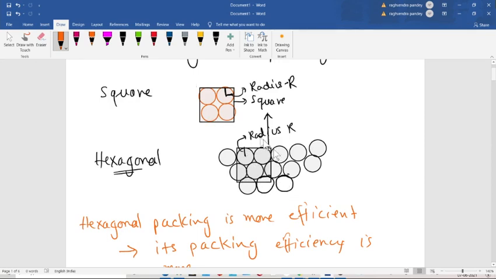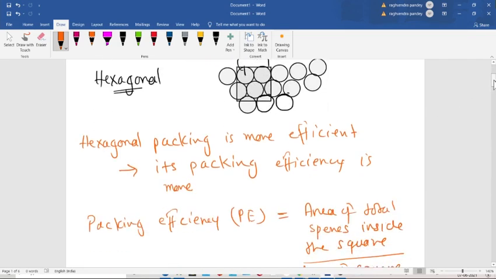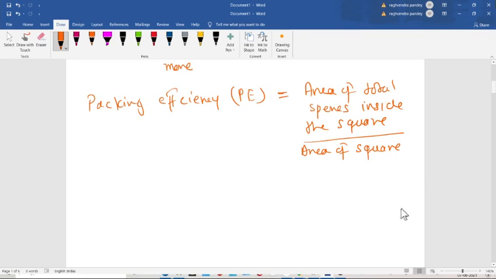Here it is a more number of spheres. If you calculate in total, I am not calculating it because it's not that easy. It looks like here it is 4, it's 1, 2, 3, and it is slightly more than 4, because I have not placed the spheres correctly. So suppose it is 4 spheres, it is slightly more than 4 spheres, and we will calculate that. So the packing efficiency of the hexagonal 2D packing is more.